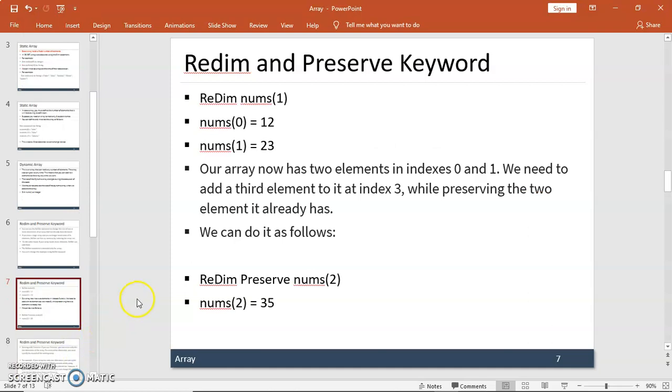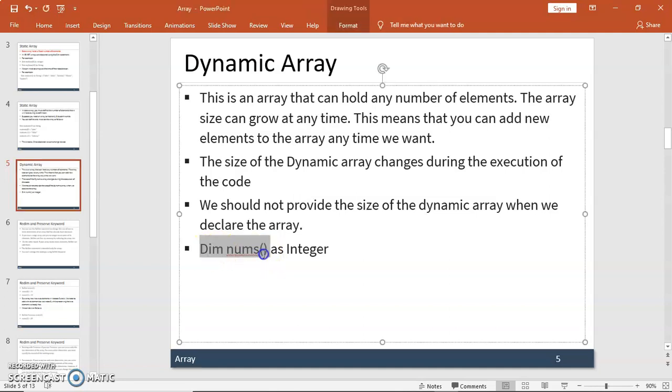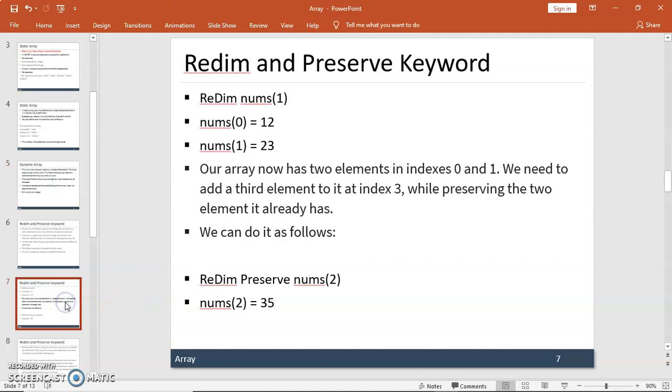Okay, this is an example. ReDim nums(1). In the above example, we declared an integer array. Here we don't specify the size of the array. Suppose we want to store 2 values in this nums array, then you have to resize this array using the ReDim keyword as written here.